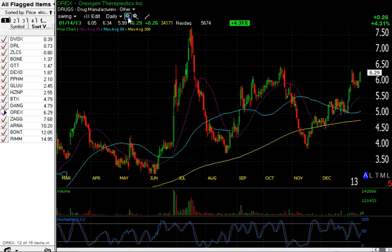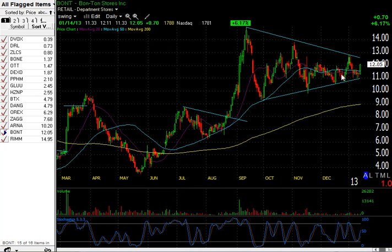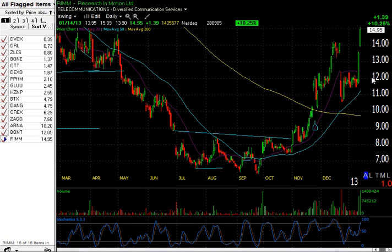Orex, kind of looks like Arna here. If it breaks this flag, I think we're going to probably see a run to 650, and then it can go. ZAG, sitting on the 20. I like it with the stop right under. I think that this one's really coiled up for a run. It hasn't moved really at all lately. Bont on watch for a range break right here, and then rim for a short if it gaps up and